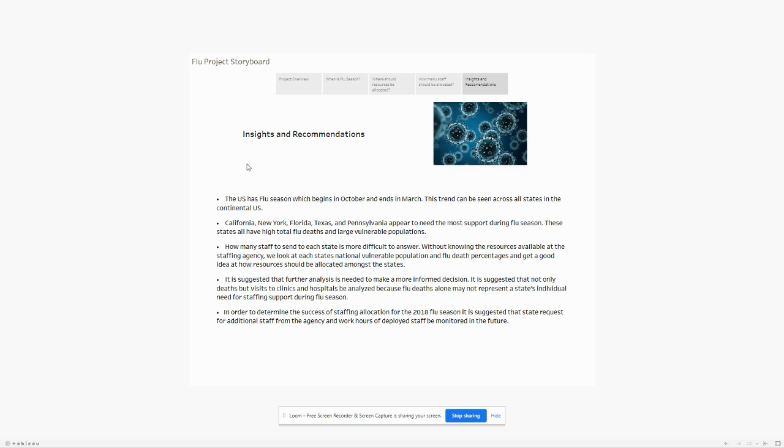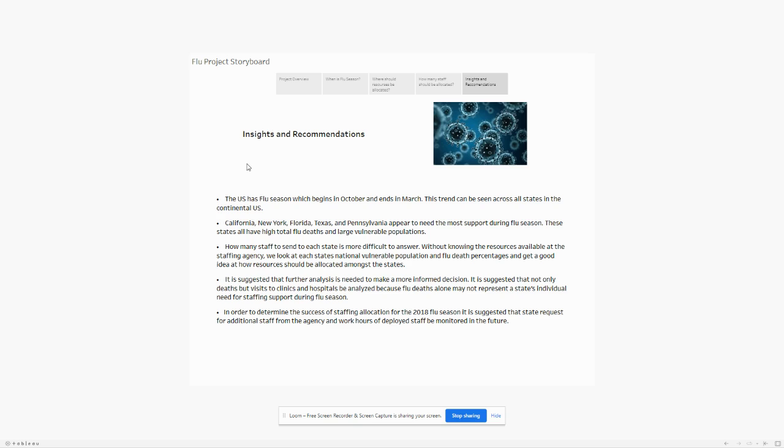How many staff to send to each state is a more difficult question to answer. Without knowing the exact resources available at the staffing agency, we look at each state's national vulnerable population and flu death percentages and get a good idea of how resources should be distributed amongst the states. At this point, it is suggested that further analysis is needed to make a more informed decision about staffing allocation